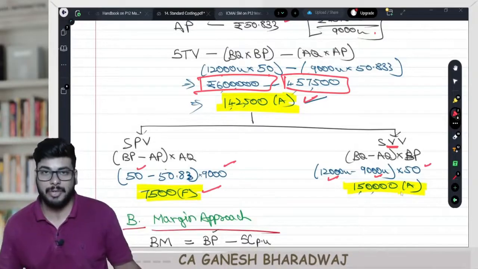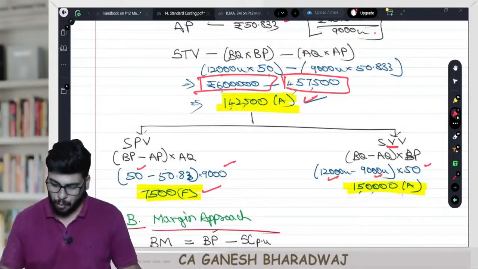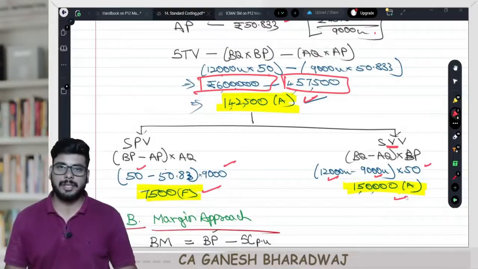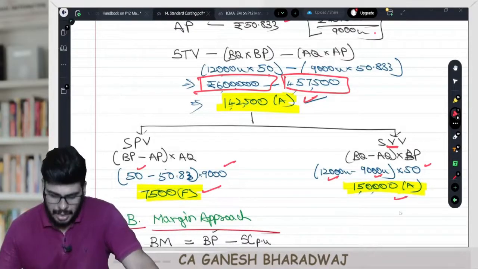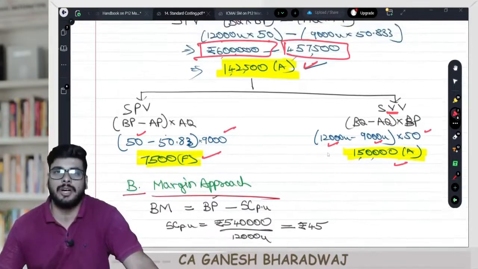The entire value of sales that got dropped because of my volume was how much? 1,50,000 adverse. As simple as that. Clear with this, guys? That is all it is. Now looking at it from a margin approach, what I need to do,